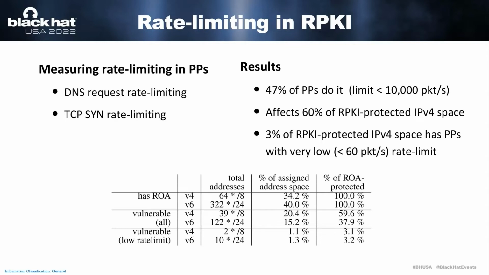And our results are that roughly half of the publication points do that with a limit lower than 10,000 packets per second. We didn't test higher because we didn't want to affect the service. And they host roughly 60% of the RPKI protected IPv4 space. So basically the publication points which do rate